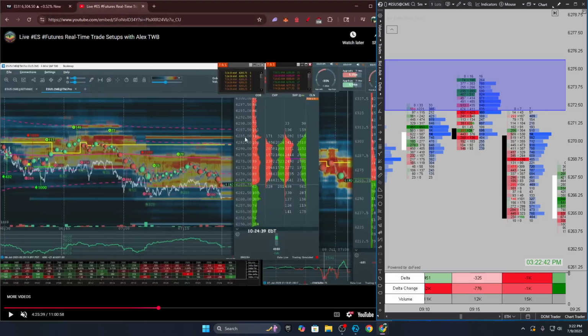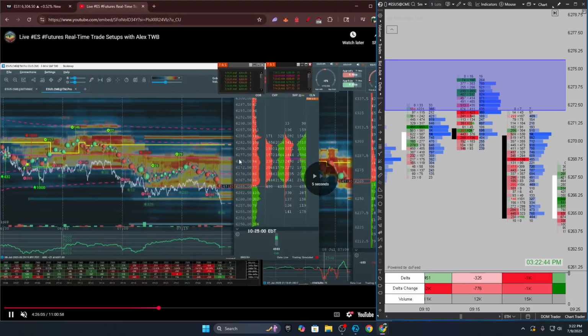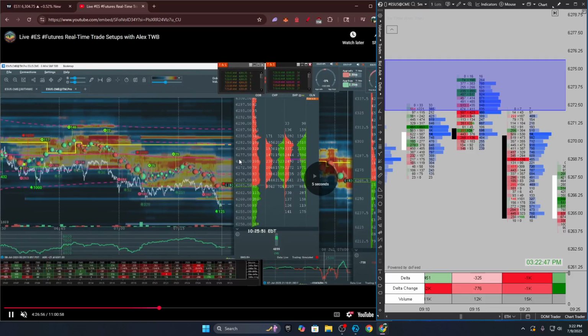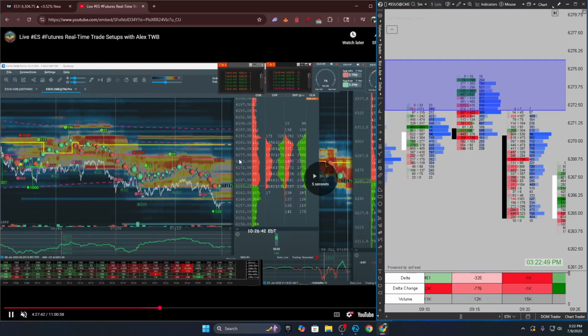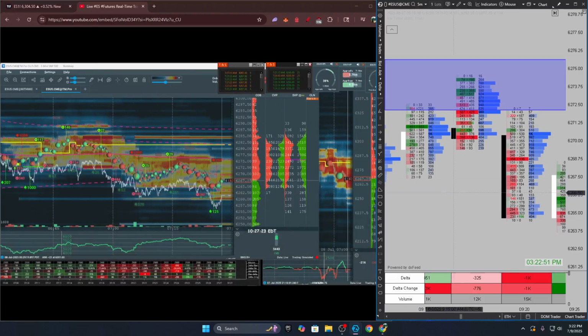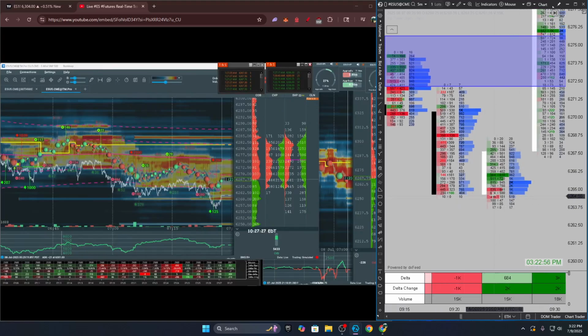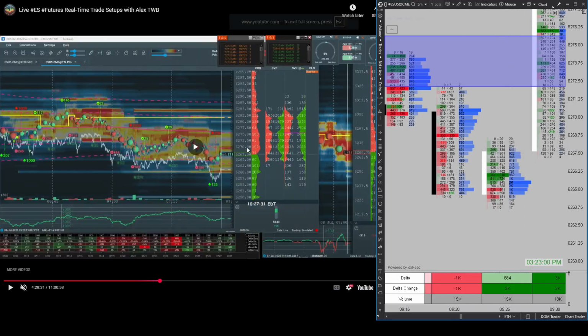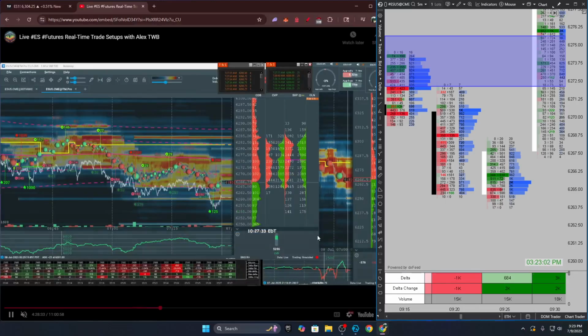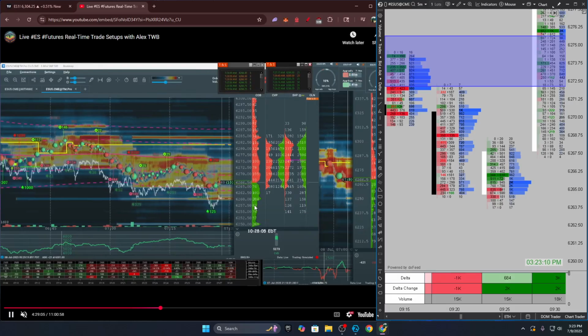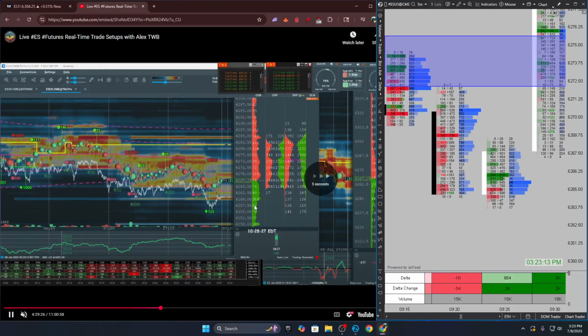And we swept the lower Bookmap liquidity, and that Bookmap liquidity really was a key level for the day. 6265 area. Because look, we're just stalling at that level, right? And we're seeing large amounts of volume here. Selling, unable to push through. Aggressive buying comes in. Very, very aggressive buying. And although 6260 is very close to it, nothing is telling us that we're going to head there, and nothing really we could have predicted other than simply with absorption.